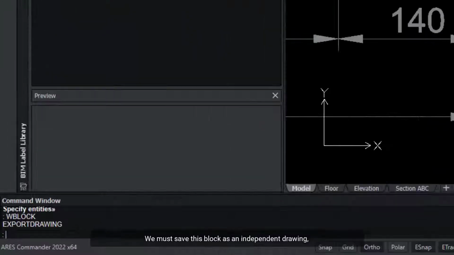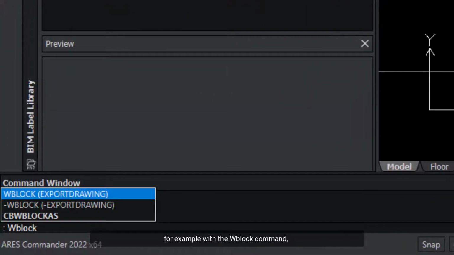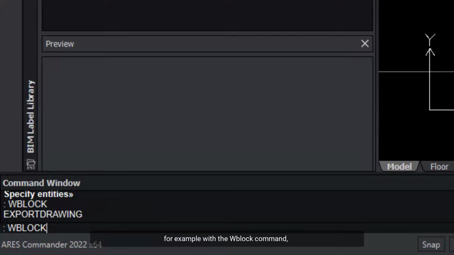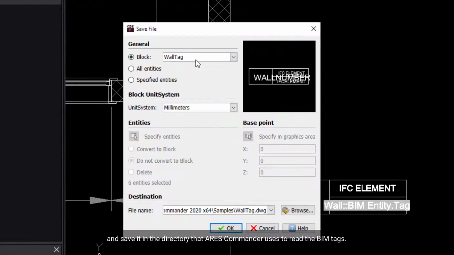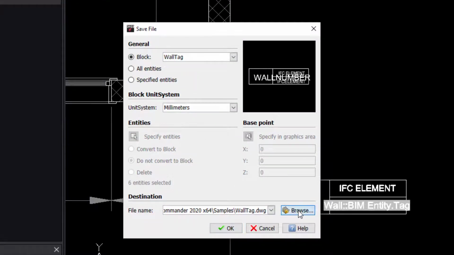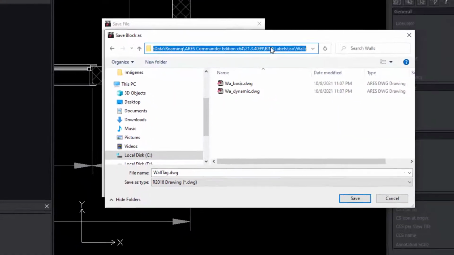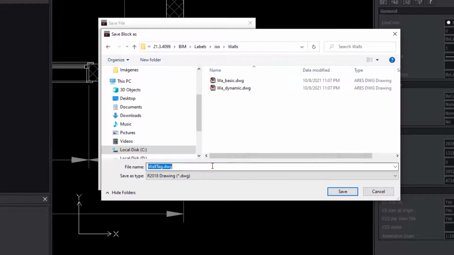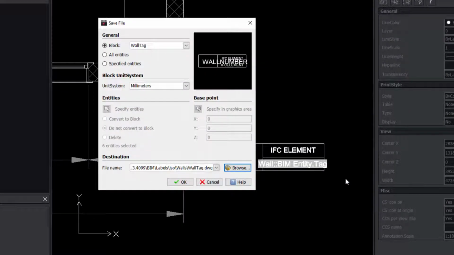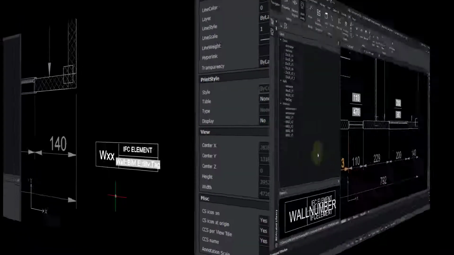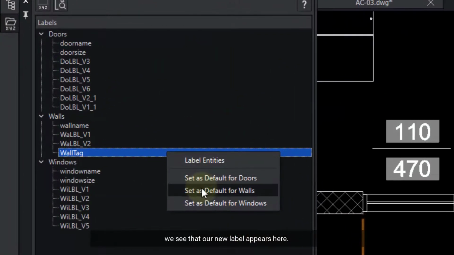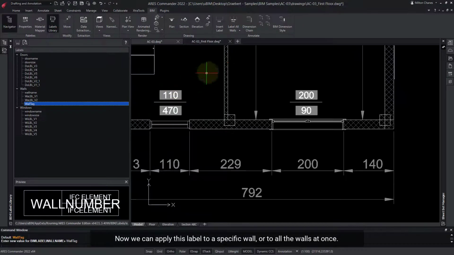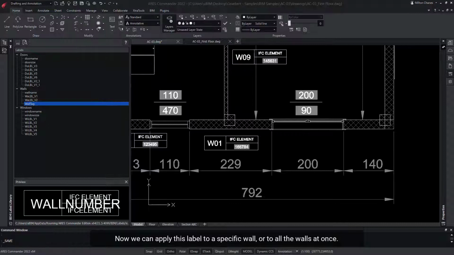We must save this block as an independent drawing, for example, with the wblock command, and save it in the directory that Ares Commander uses to read the BIM tags. After restarting the program, we see that our new label appears here. Now we can apply this label to a specific wall or to all the walls at once.